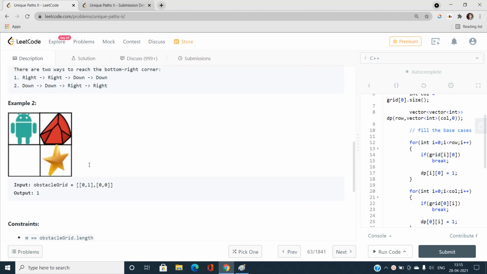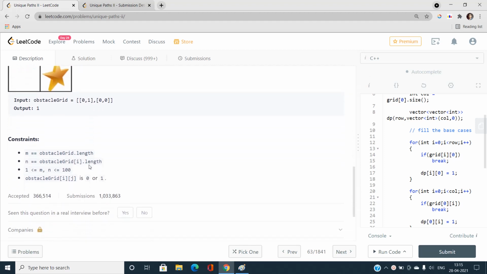Before moving further, let's talk about the constraints also, because they help us in many problems. I always recommend reading the constraints and then trying to solve the problem in the best possible way. You can see the number of rows is at most 100, and the number of columns is at most 100. So you can think of an O(n^2) solution, or O(n*m), because n*m will be around 10^4. So the number of iterations will go at most 10^4, and this can be a good solution.